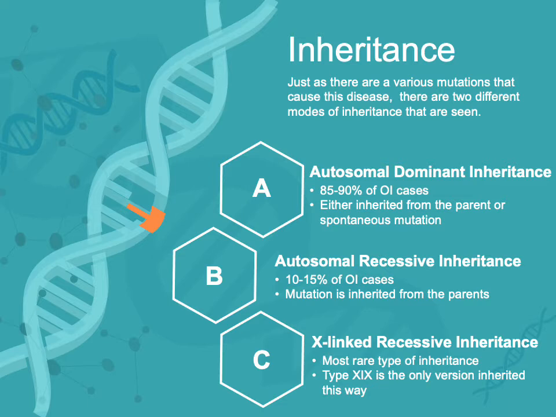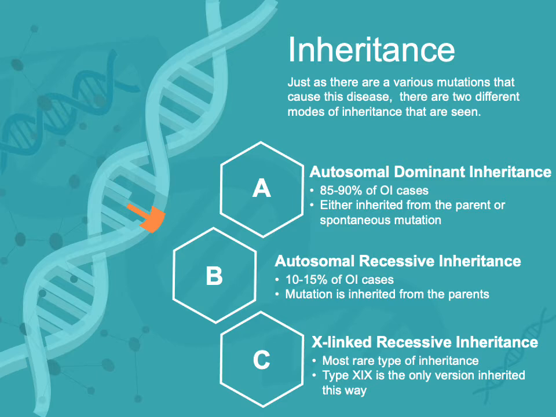Another form of this pattern of inheritance would be autosomal recessive inheritance, which is less common than the autosomal dominant, but it is a case where it is always going to be inherited directly from the parents, whereas when we're talking about autosomal dominant, it could be that spontaneous mutation. These autosomal recessive inheritances correlate to types 6 through 18, and just as it happens normally, about 25%,